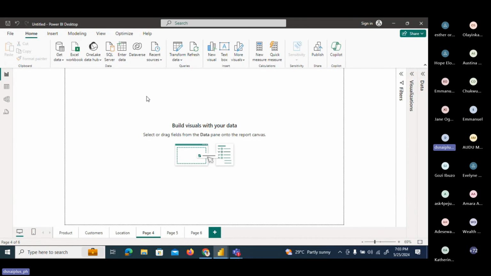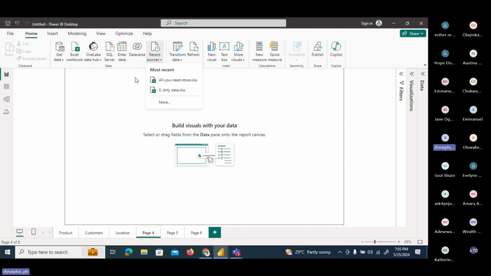Like an organization has a data house, a data lake. They store their data somewhere. So what they're interested in is they want to find out information about a particular thing. So yours, if you're going to use Power BI, is for you to import that data into Power BI and then run your analysis on it and all that. So that's why we have different